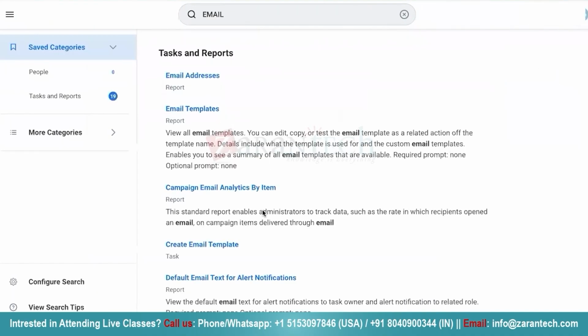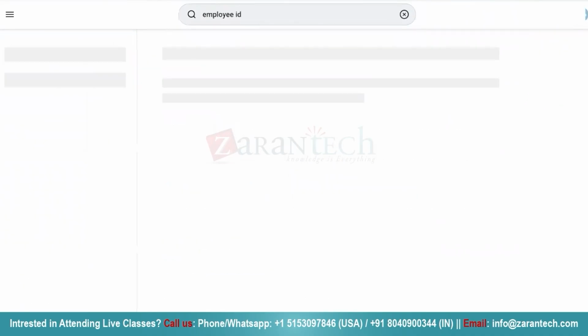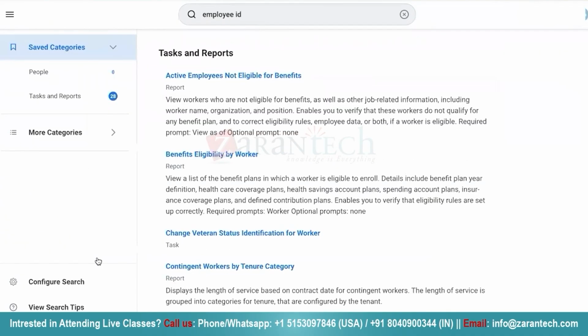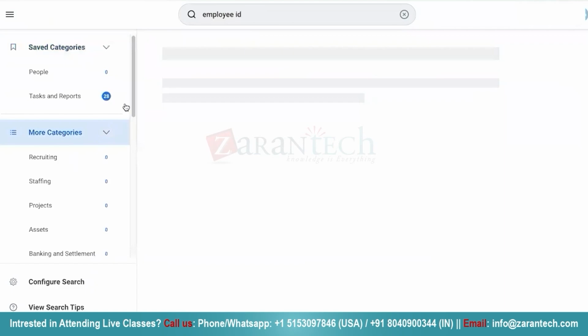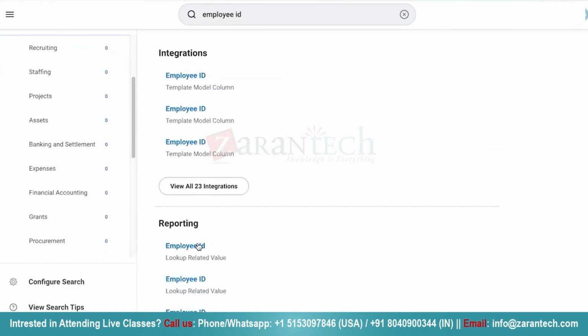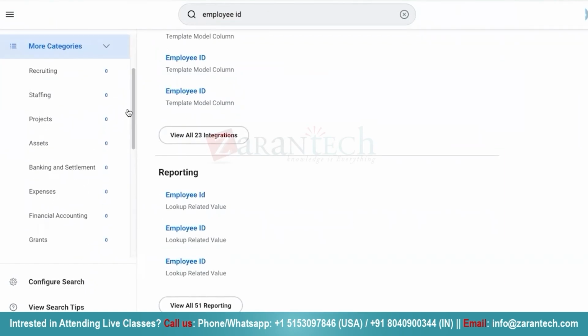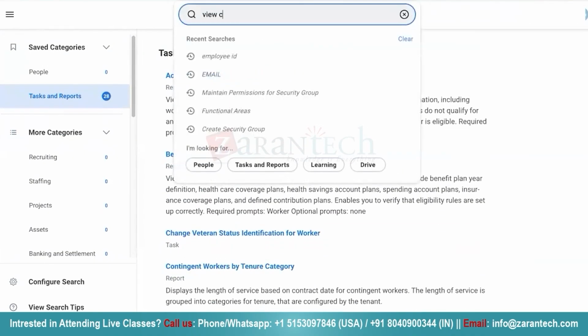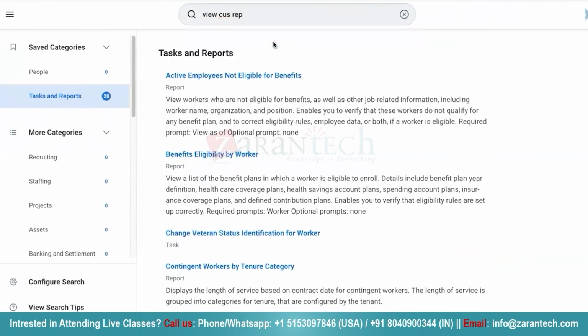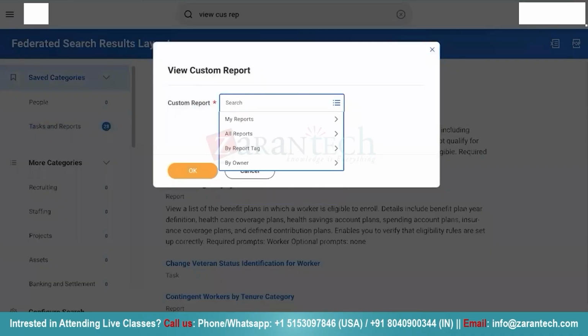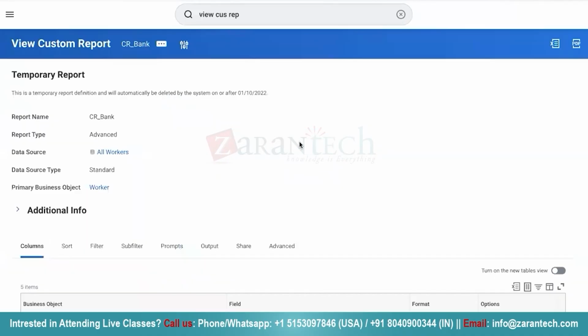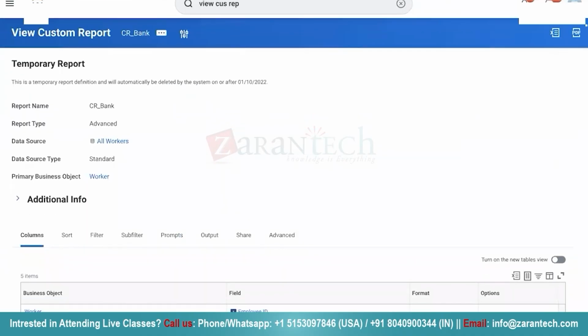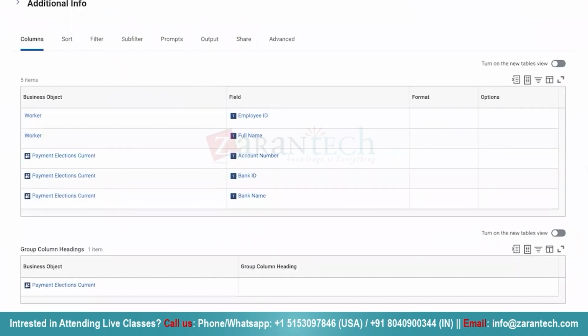Obviously so many fields will come up. Employee ID. Okay, let's take an easy one. What's happening? This view, I'm not liking it somehow. Okay, where is reporting? Okay, let me open a report itself. It's very clumsy. Okay, so it's just a temporary report, which I just remember that I had created a few days back,